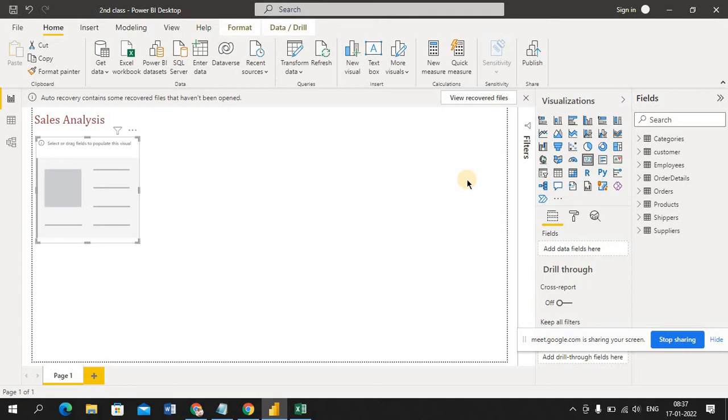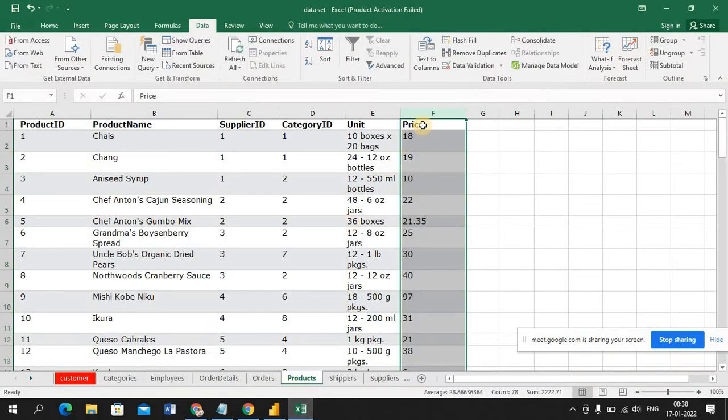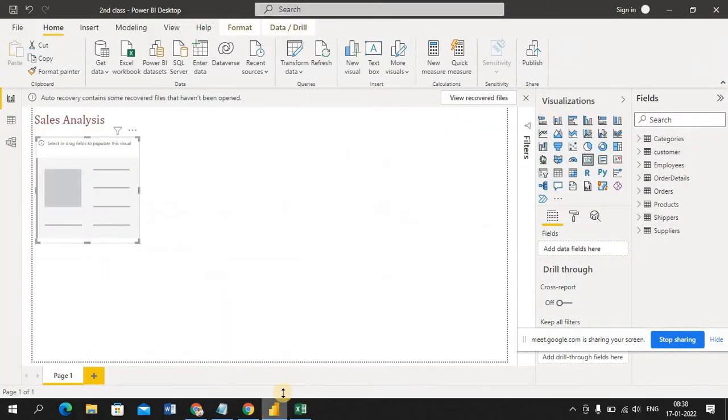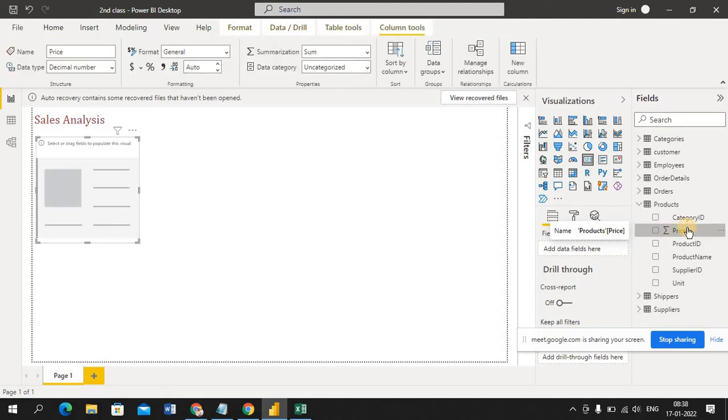So here I just selected the card. The card is a visualization where we can show values as a KPI. It's very important, guys. The column name is price, right? The price is available in the products table. Go to Power BI, products, and you can see the price here with the sigma symbol. Just select this and